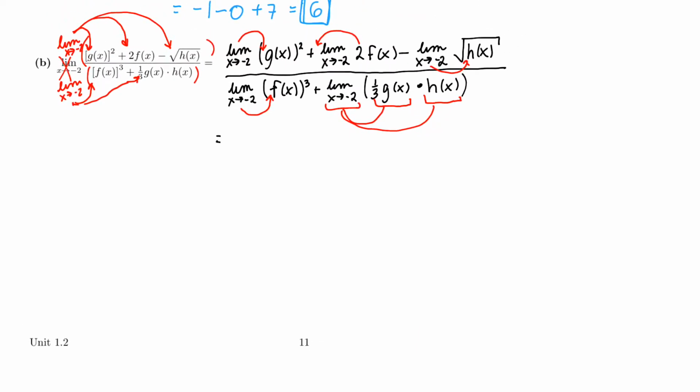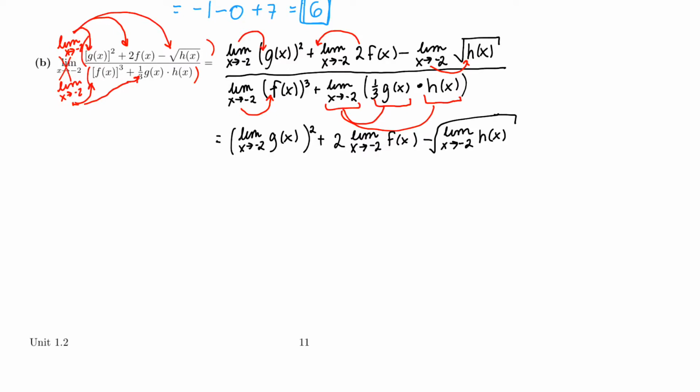So moving things around, like I said, we have the limit as x approaches -2 of g of x, and then the whole thing will be squared, plus 2 times the limit as x approaches -2 of f of x, minus the limit as x approaches -2, the square root rather, because we're moving it on the inside, the square root of the limit, down here, we're moving the limit onto the inside and then cubing it. And then we're distributing